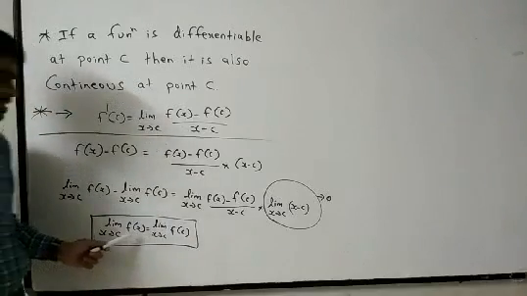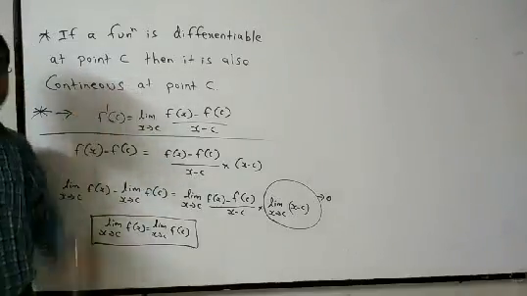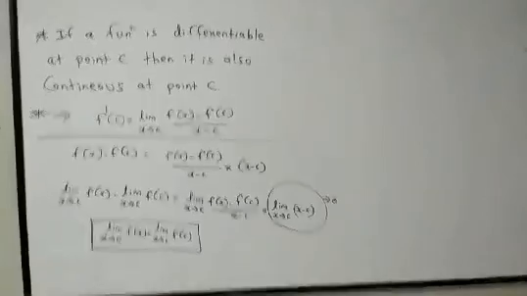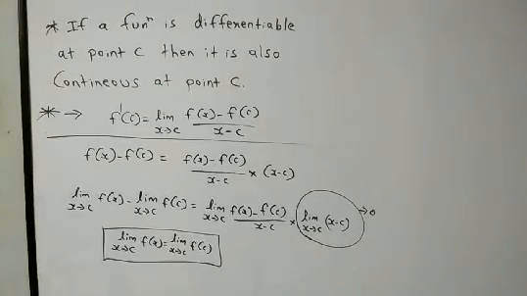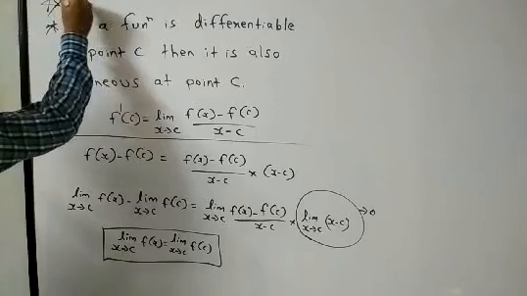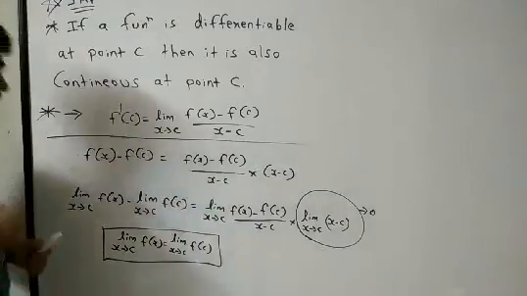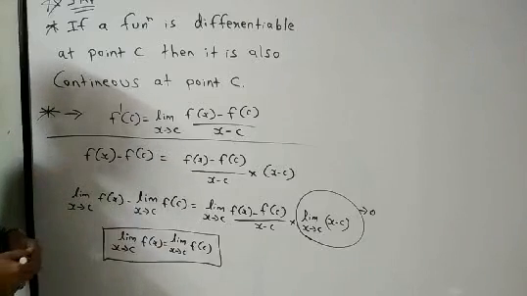इसका क्या हुआ कि अगर फंक्शन डिफरेंशिएबल है, means if the function is differentiable then it is also continuous. Clear? So I hope you understood whatever I have explained to you. From tomorrow we will be solving the examples, right? This is also a very important thing that you have to write in your notebook, which I have explained. Suppose there is a question that proves that if a function is differentiable at point c, then it is also continuous at point c.